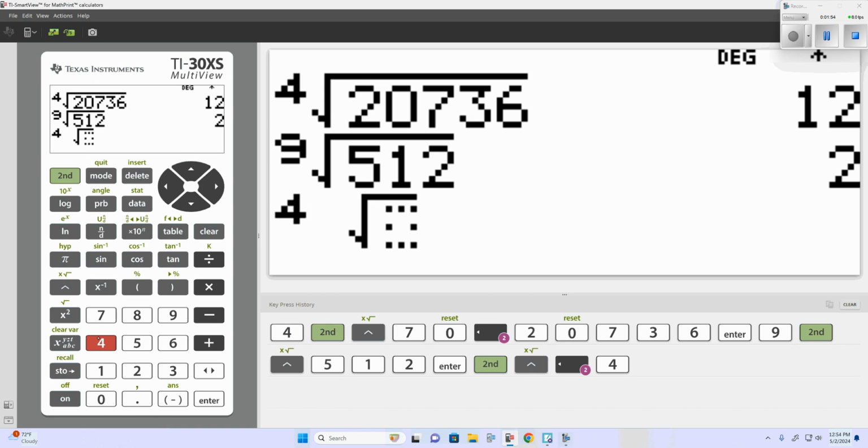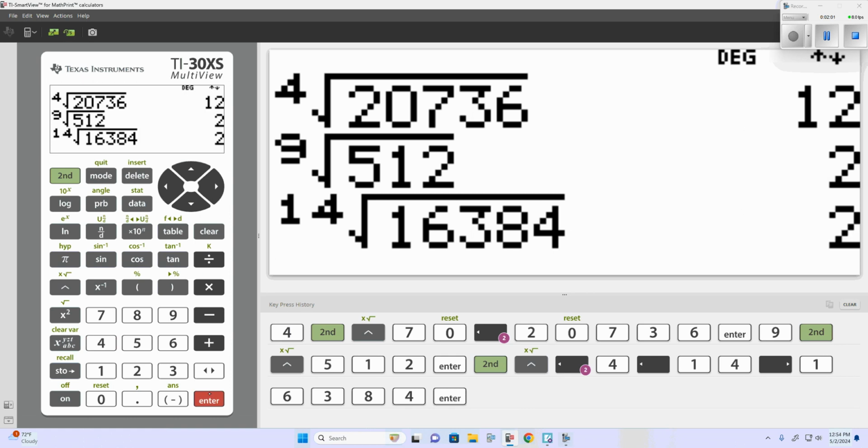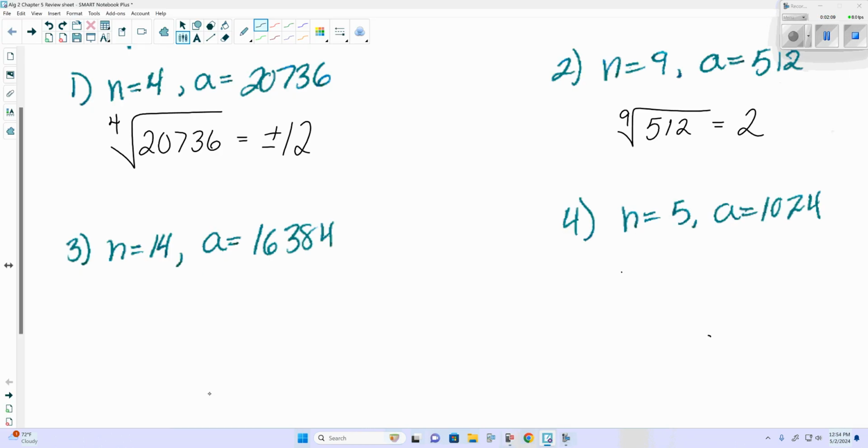Now, if you do have A and S show up, for number 3, we would change it to 14. And the number inside is 16,384. So number 3, the 14th root of 16,384, and we would have plus or minus because if we're taking the even root of a number, we're applying an even root to a number, we have plus or minus. If we're applying an odd root,